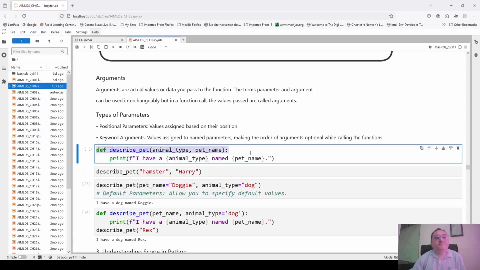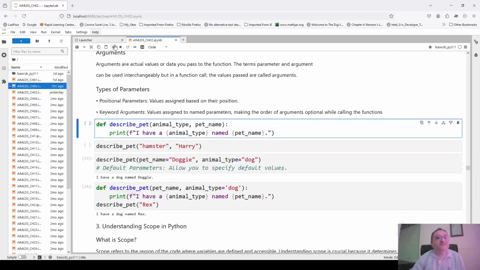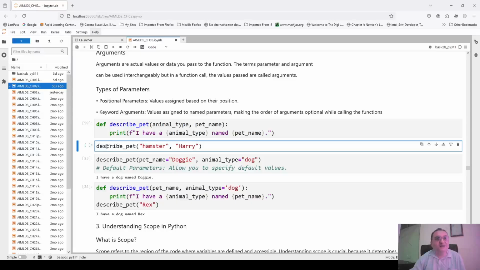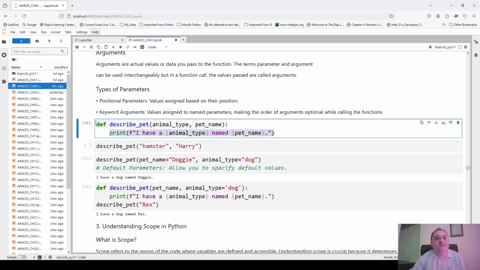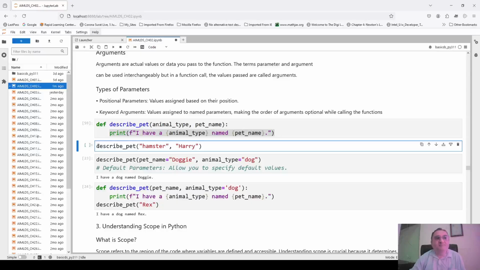So def describe_pet, animal_type and pet_name. This function describes the pet. The type of animal you have to pass, whether your pet is a cat or a dog or a frog or a snake or whatever you want to keep as a pet, and whatever name you have given in affection to that pet. Then it will print "I have a" cat or dog or snake or whatever, and here it will print the affectionate name of that pet. For example, this is a function which is defined. I have just executed it, but that does not do anything. It does not even print because that print statement is inside the function definition. It will print when I call it.